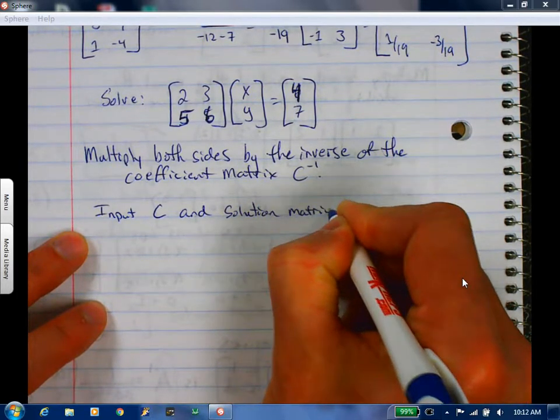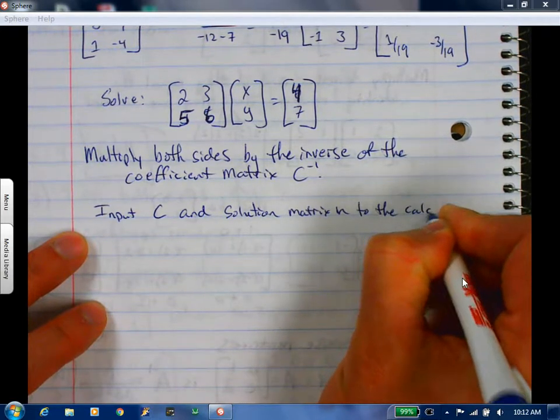So we're going to put the C, the coefficient matrix, and the